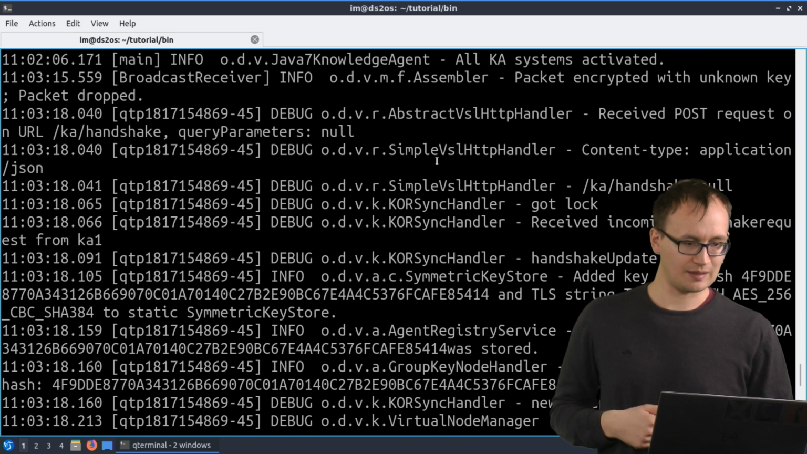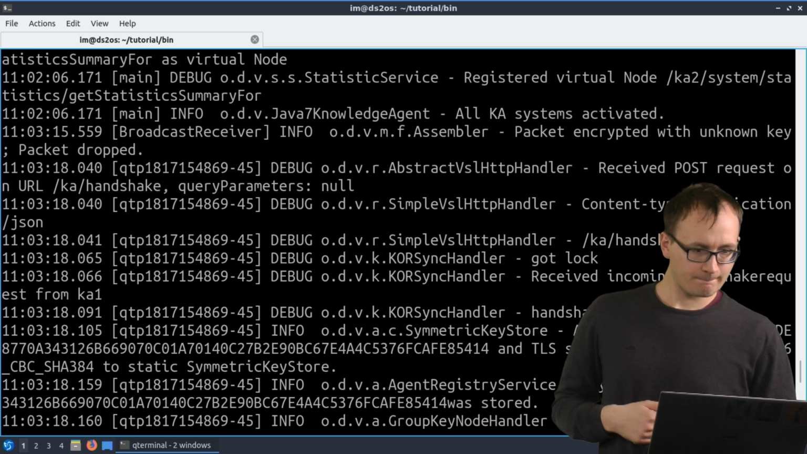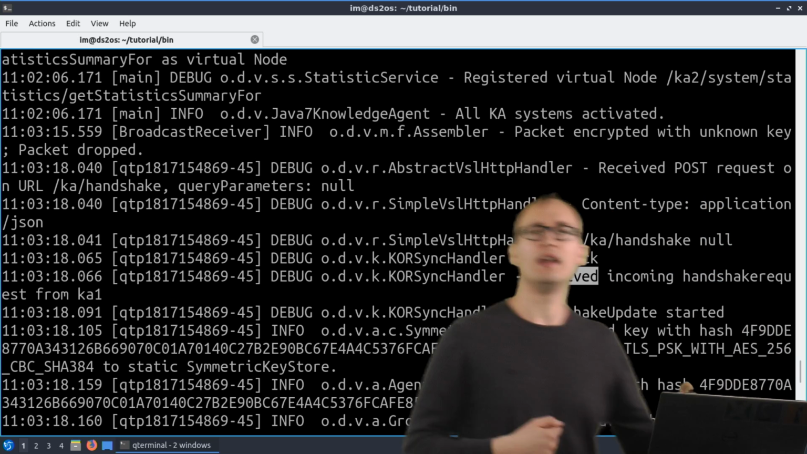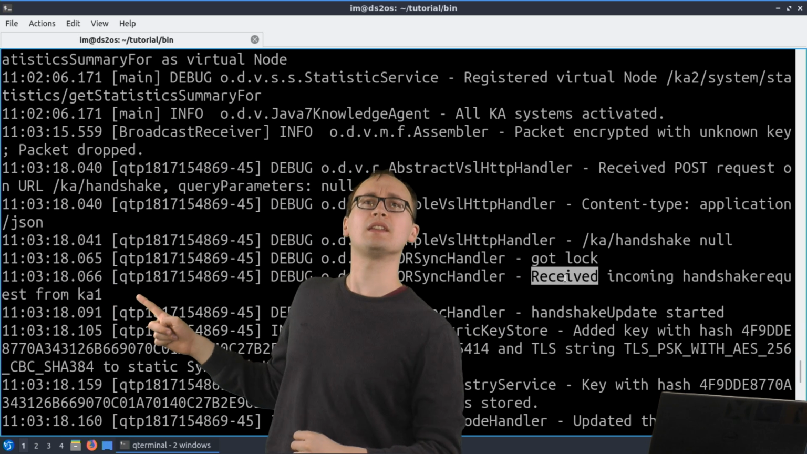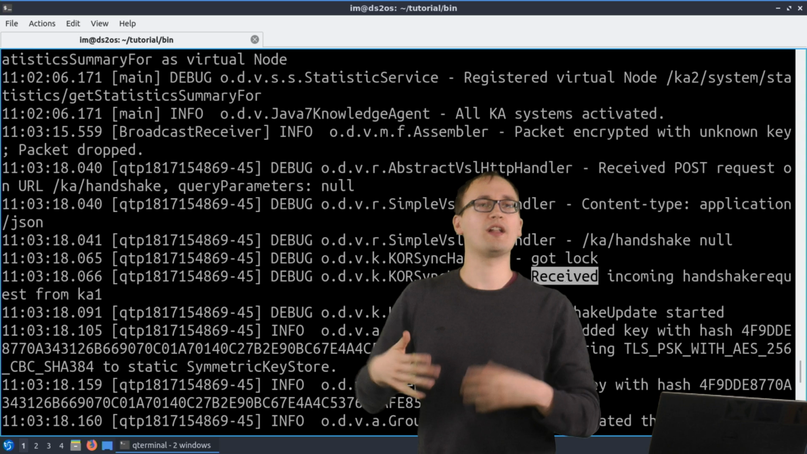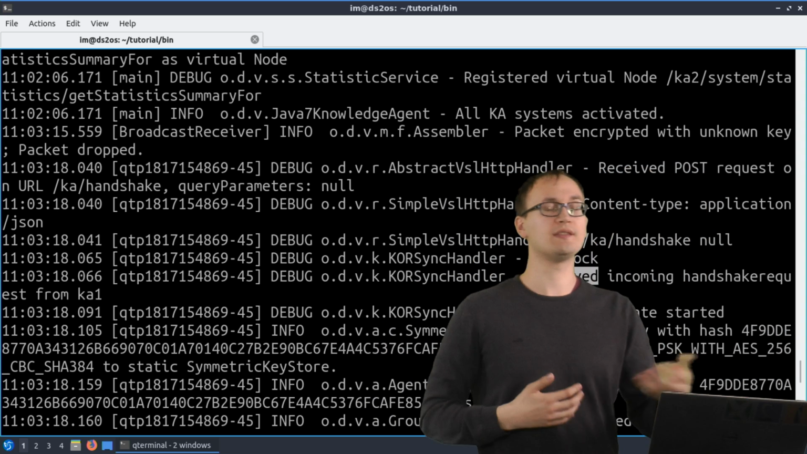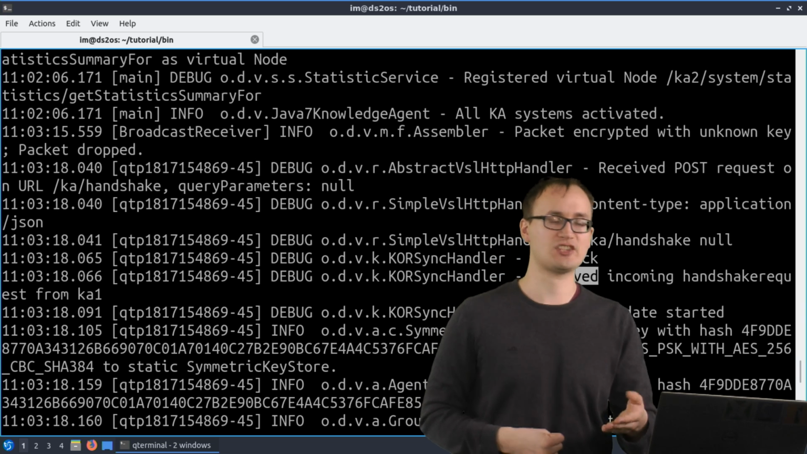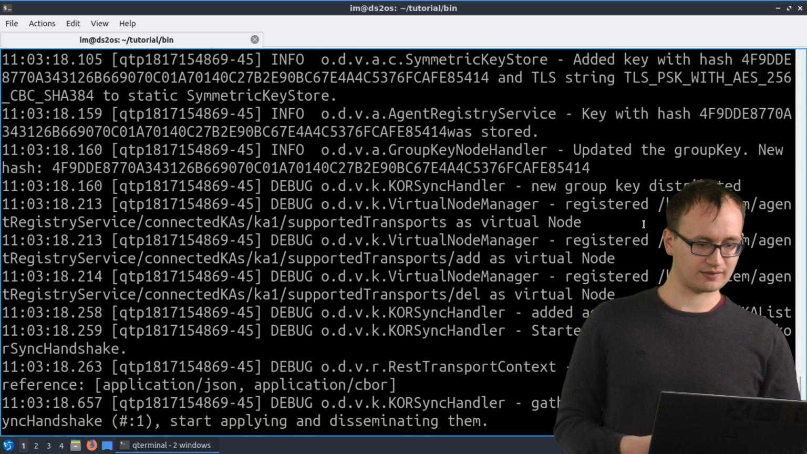So if you scroll up a bit, what we see here is an incoming handshake request from KA1. So that means knowledge agent 1 sent us a broadcast message, we received it, or he received our broadcast message, and then, since he's not connected to us, sends us a handshake message to synchronize with us. We can scroll down a bit, then we see